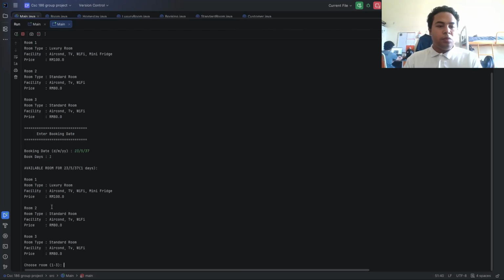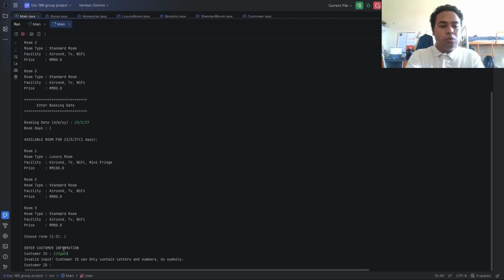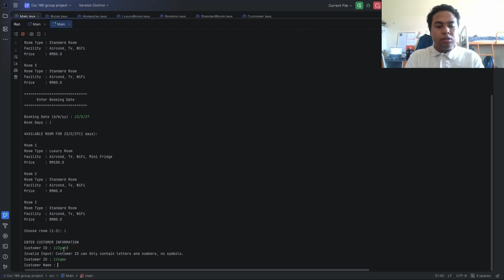Here we have 3 rooms available, one of which is a luxury room and the others are standard rooms. Now I'm going to choose room 1, which is the luxury room, and here we are asked to enter our customer ID. For the customer ID, we are only allowed to enter numbers and characters. If we insert a symbol, it's going to ask us to re-input the ID. Here I'm going to type 1, 2, 3, 4. This is our ID, and then we type our customer name,